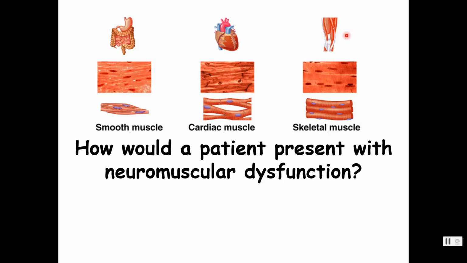Let's pop over here to skeletal muscles. This is for movement. So you could have anything ranging from weakness all the way to paralysis, you could have muscle spasms, a little twitchy, all the way to tetany, and you could also have involuntary movements. So you can just think about it: if my muscles aren't working, what might happen? And so you're going to see all these different symptoms and signs with your patient.